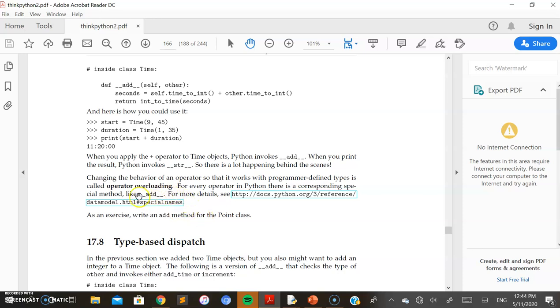For addition, we have taken it as two underscores add followed by two underscores.